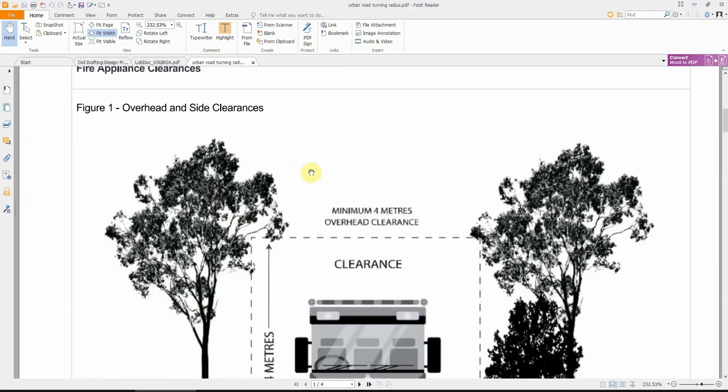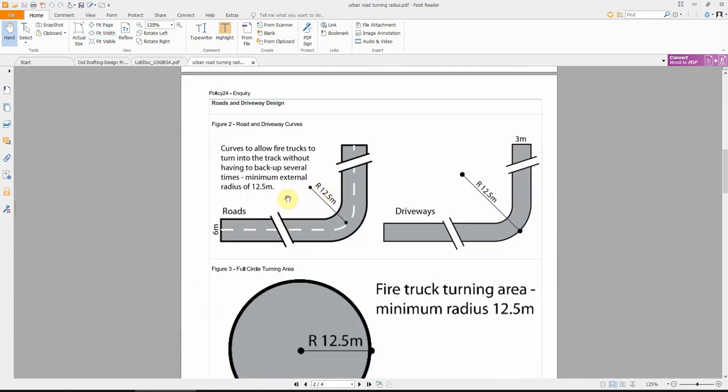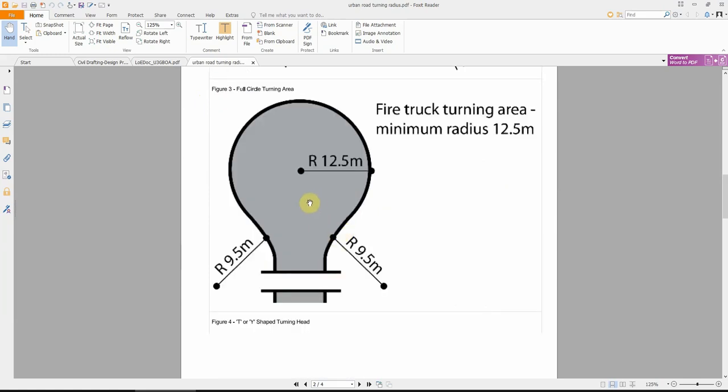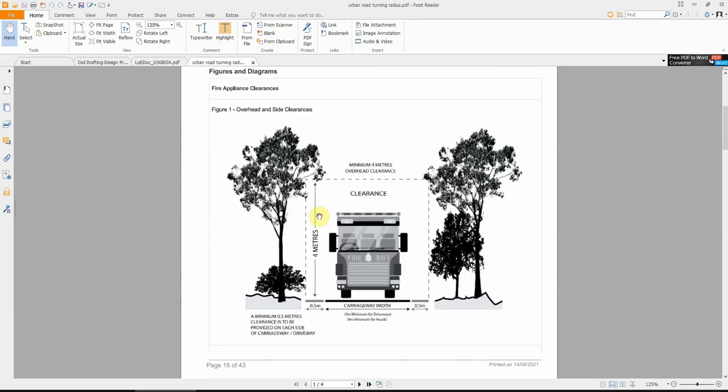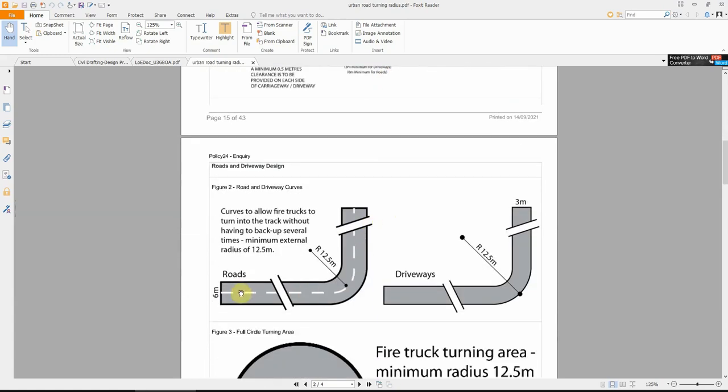I was just a few weeks ago working on a subdivision, a new development in an area that has a bushfire risk. So we've got some specification from the council there for the radiuses and for the cul-de-sac sizes, just to make sure a fire truck can get through. As you can see, different areas may have slightly different conditions or specifications. They take into consideration the fire truck, if the fire truck will